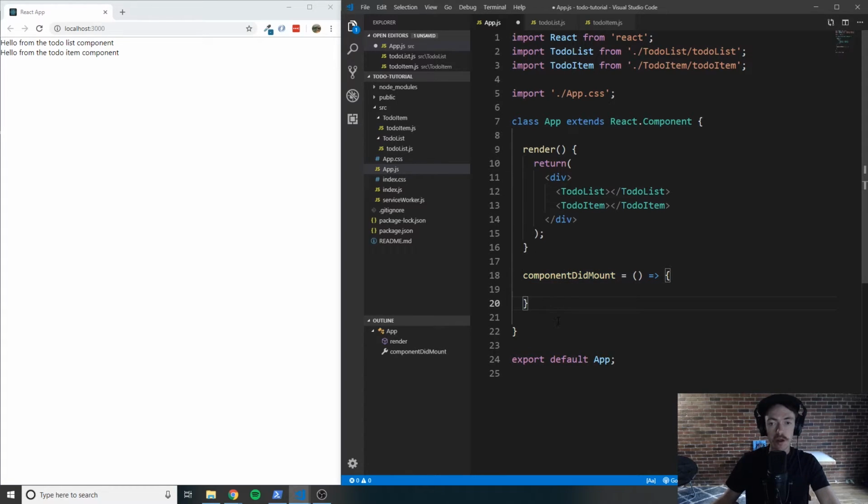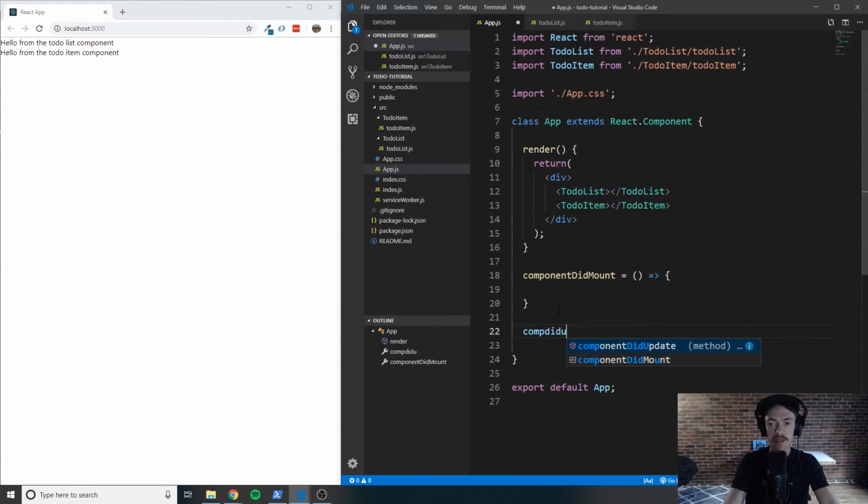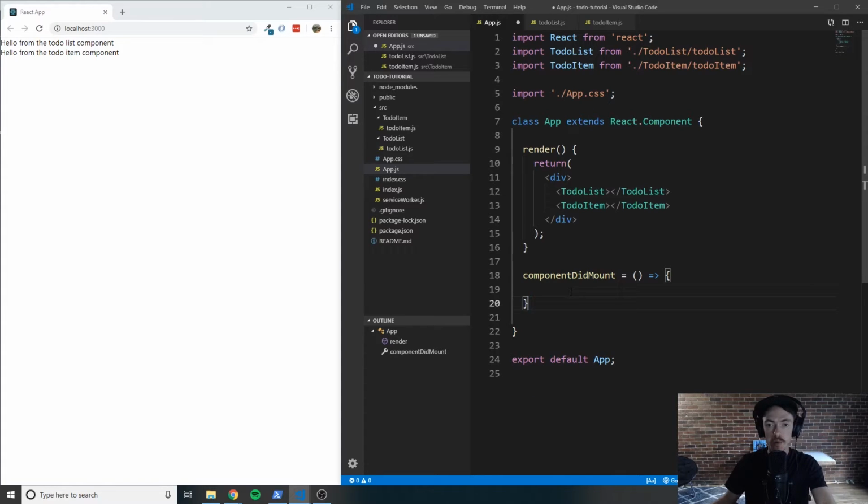And there's several of these hooks. You can actually go to React's documentation and see things like componentDidUpdate, componentWillMount, etc. There's tons of these, so you can take advantage of these within your application. So for now, we're just going to use componentDidMount, and what we want to do is just see